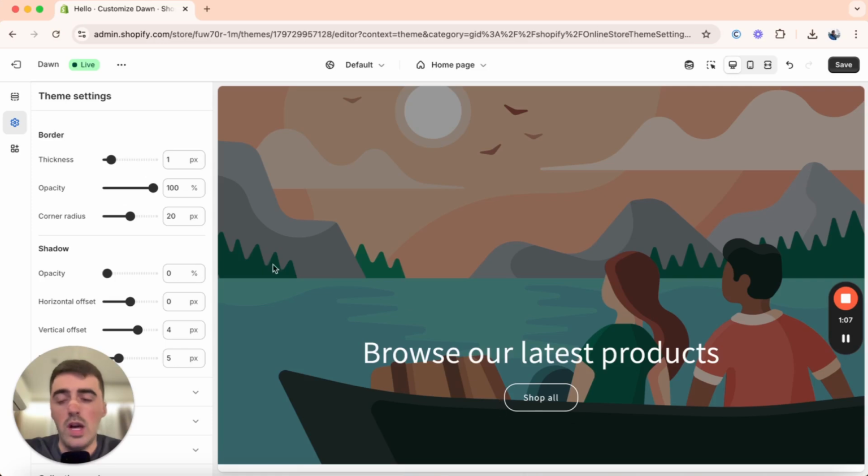It's rounded even more. But feel free to play around with this and basically round the button as much as you want. That's pretty much it. That's how to round the button on